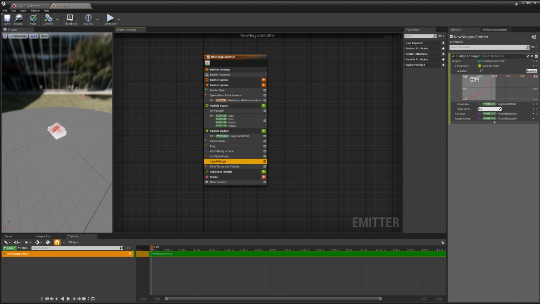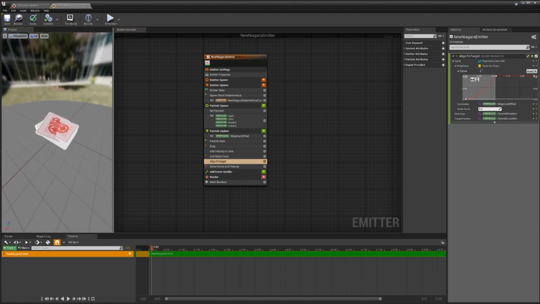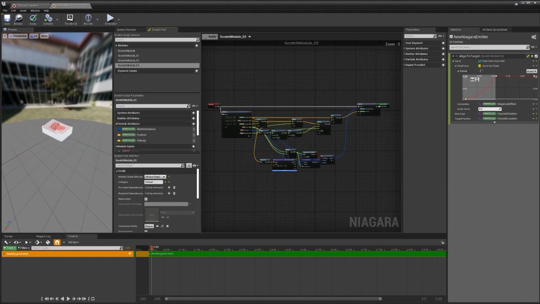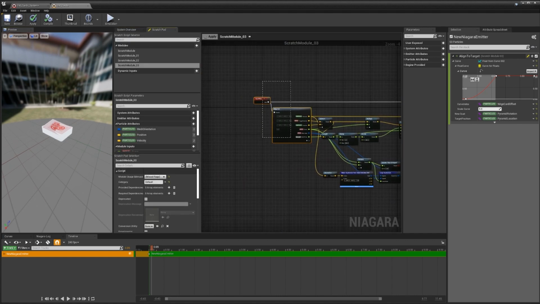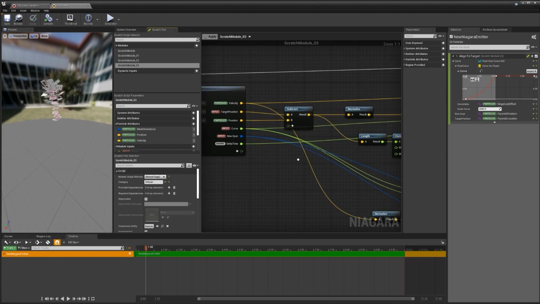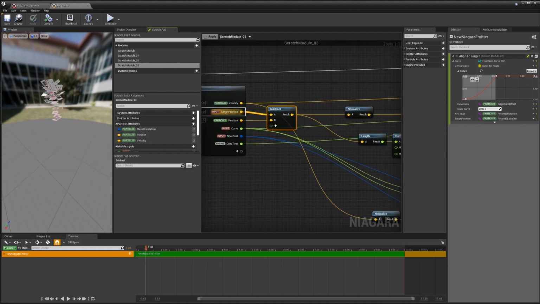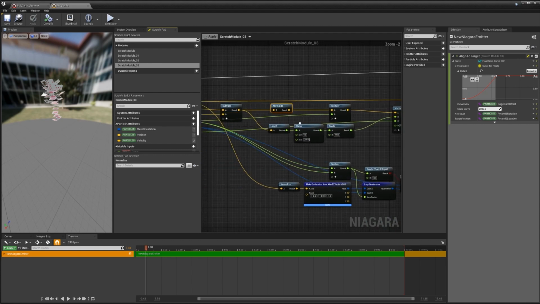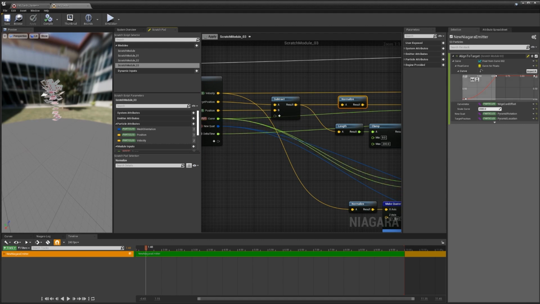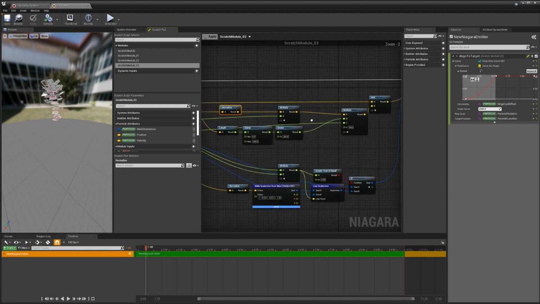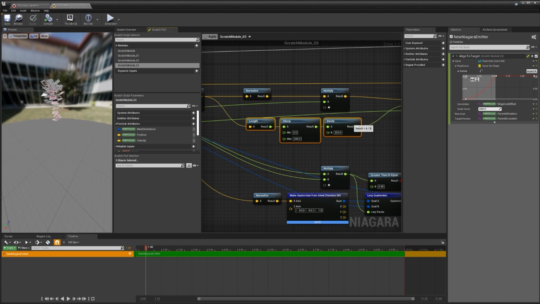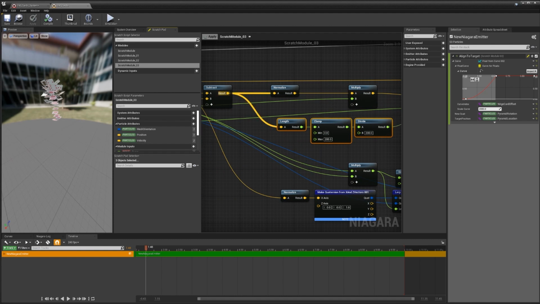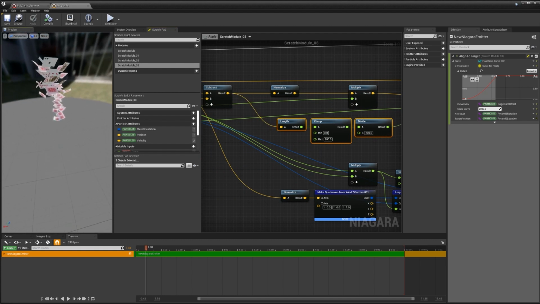Then over time, we want to start realigning back to their target state. And again, this is just a custom module that I very quickly wrote. So all I'm doing here is figuring out my look-at direction, normalizing it, multiplying it by my curve, which I'm defining here, and then slowing that down based on the distance to the actual target.